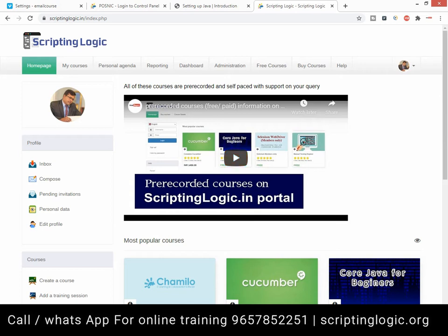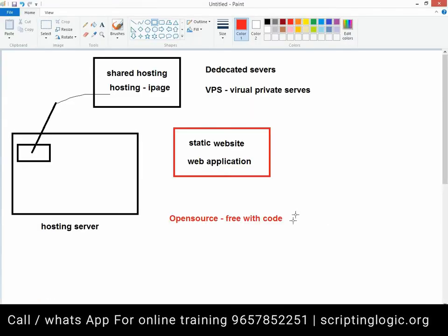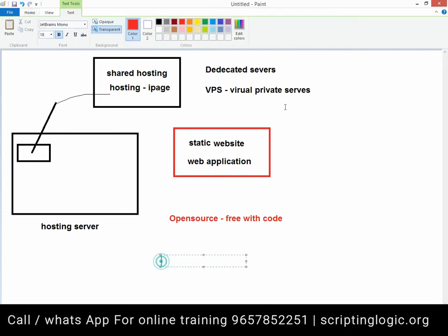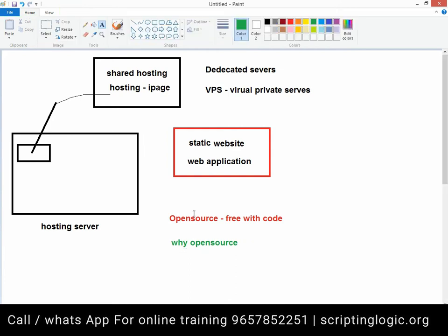Why is it free? And just like this, I'm going to show you several applications. Those we will be seeing as freely available with source code, and you can install them on your own web server. You can use them for your purpose, and you can also make some changes and sell it. So this is the policy of open source. My question to you is, why open source? Why do people keep their code open source when they can sell it for lakhs of rupees?